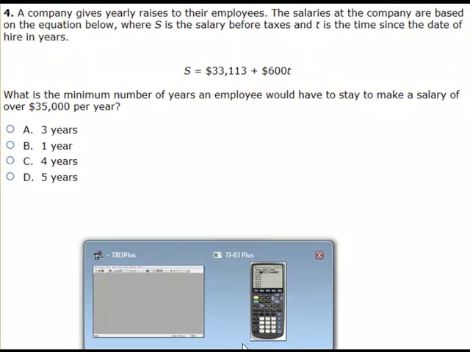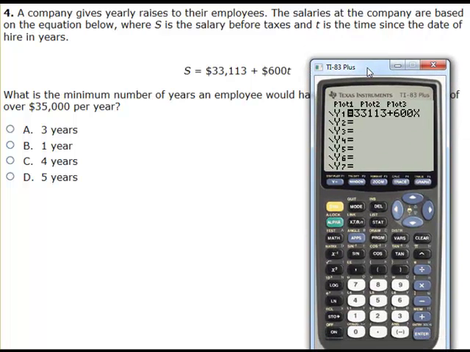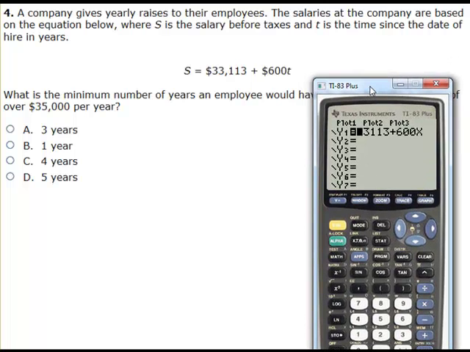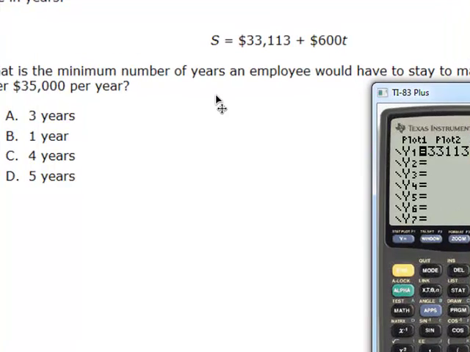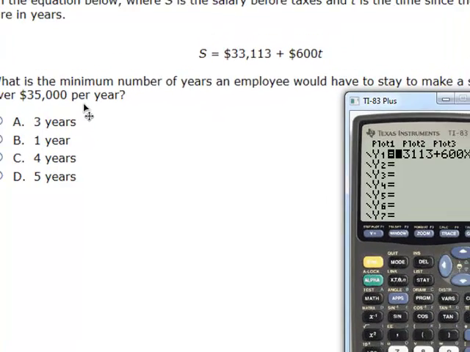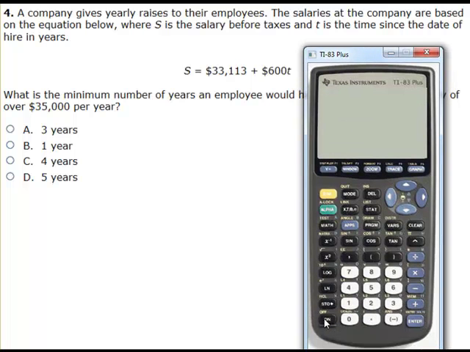So when I go to my calculator, the y equals screen, I can type this problem in, where y is the salary, that's my output, and my x is going to be the number of years. So the goal is to figure out how many years I'm going to have to work so that I make at least $35,000. And if you go to your table, let me turn back on my calculator, go second graph,